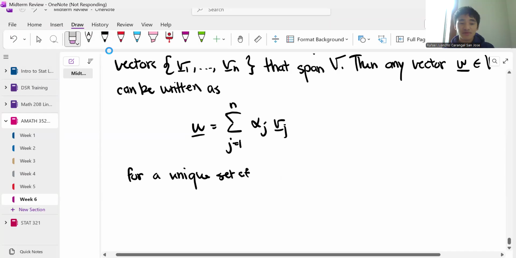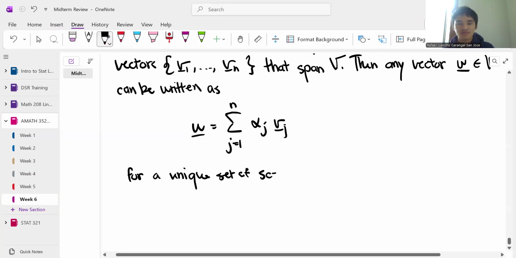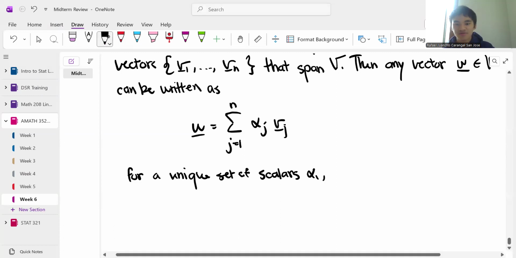And so when we do that, and we manage to get a linear combination, then those scalars are basically the basis coefficients. I'm going to write that down. These scalars are,